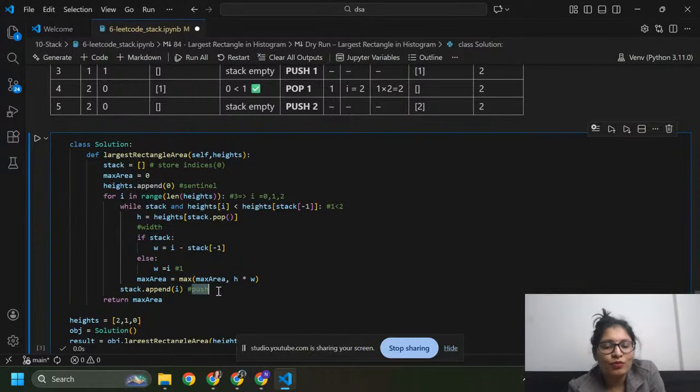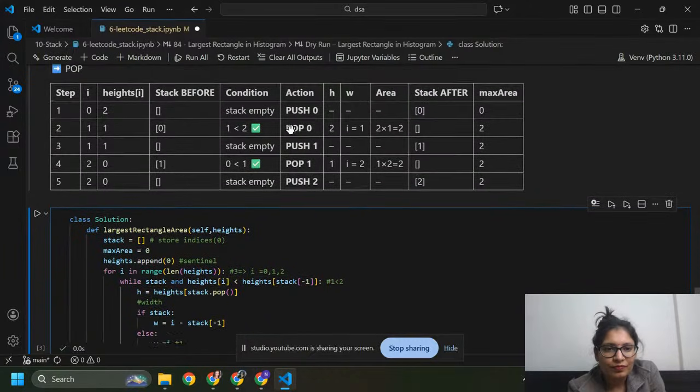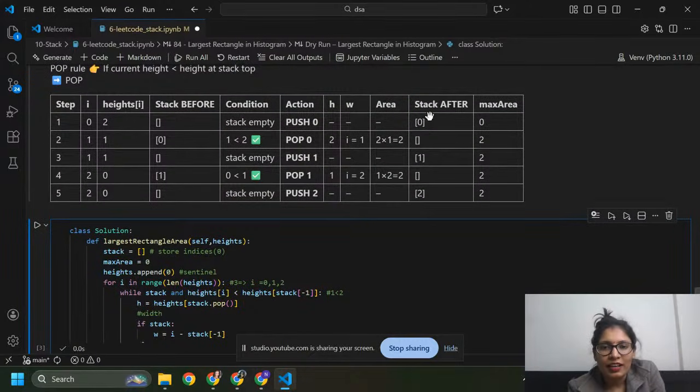I am going to push 1 inside this, and now the stack will become 1. I have one element in the stack, that is 1. Then you can check here, the area is the same as previous.